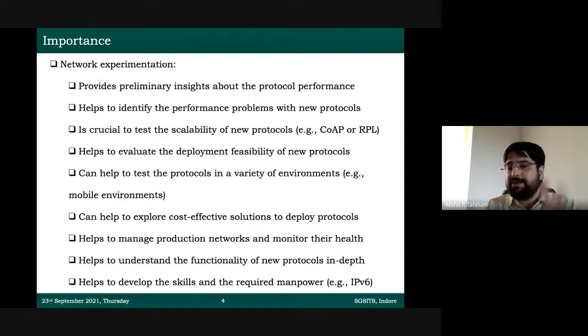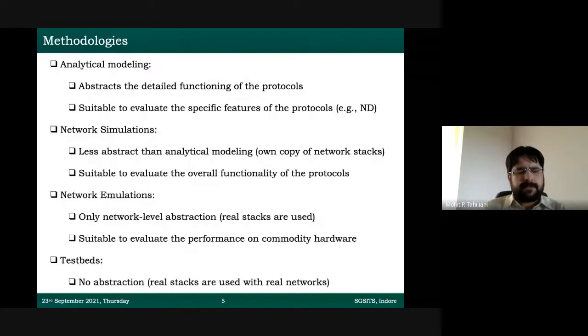Because you saw Vishal was always using IPv6 addresses, and IoT is one technology where the fundamental protocol is IPv6. So if you suddenly want to say, okay, that means I should know IPv6. Yes, you should know IPv6. How do you know? Perform experiments. Okay. So what are different ways by which people perform experiments? I have listed 4. There can be many. But these are 4 that I have observed in so many years.